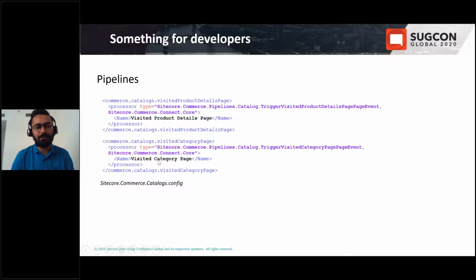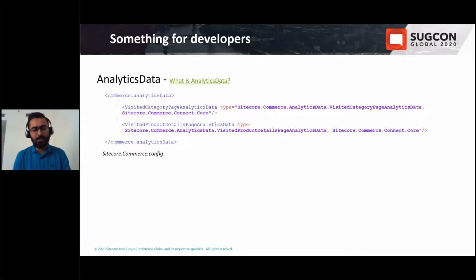And you can find this catalog related information in sitecore.commerce.catalogs.config. Now from those pipelines, we are raising these pipelines and processors, and what does it actually do? It raises a few page events specific to commerce and stores them to interaction and onto contact.